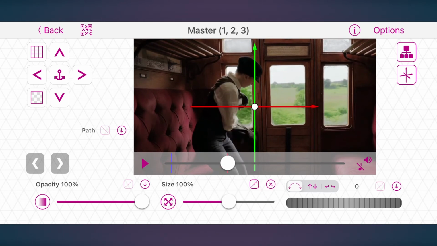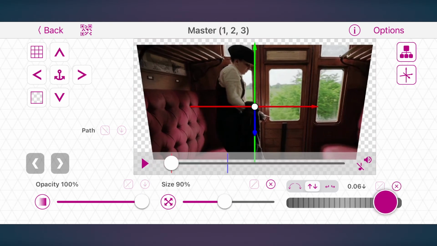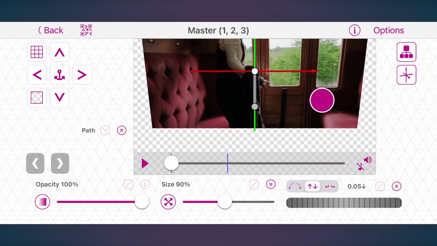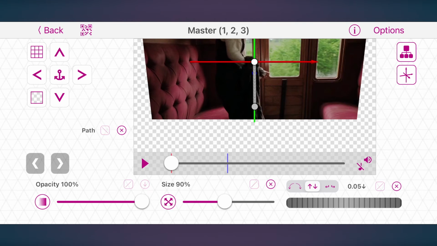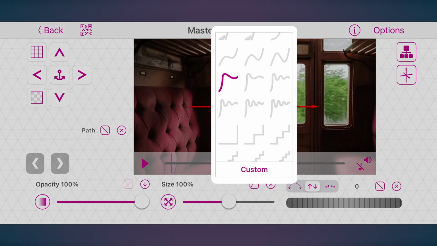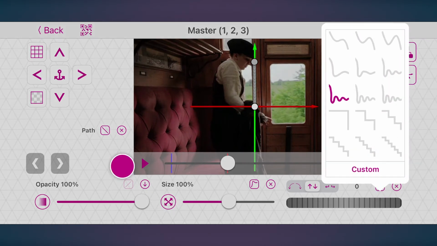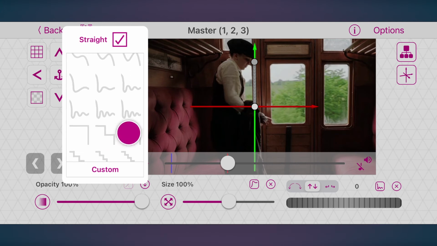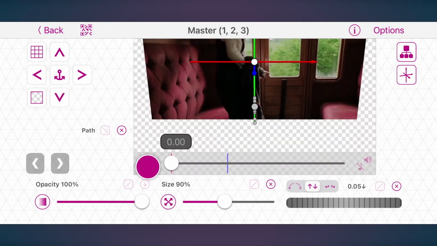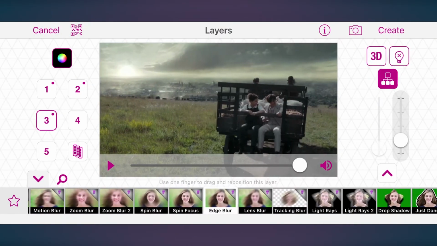Add a keyframe for size, path, and rotation in the X-axis before the transition. Go back to the first frame and edit these parameters to your liking. Then add different bouncy graphs to the 3 of them. Check out the Shake Transitions lesson in the VideoStar Free Transitions course to learn how to make more types of shakes. Don't forget to add mirroring.